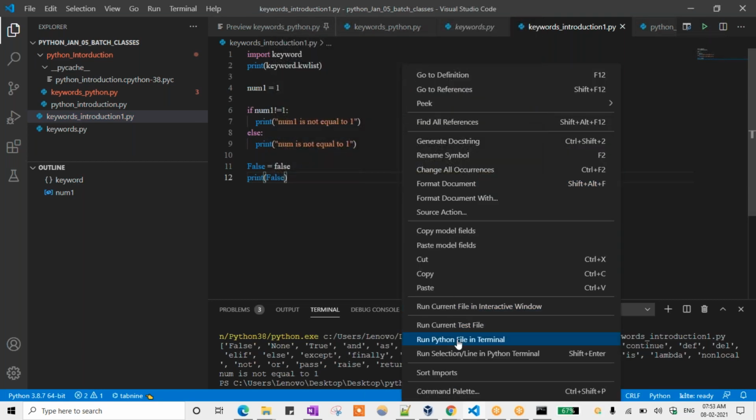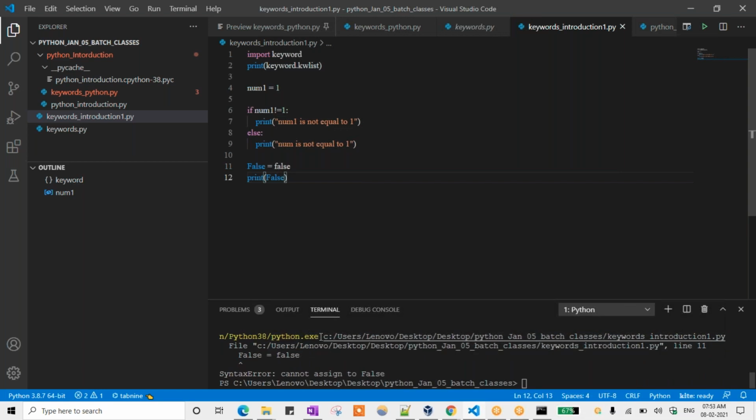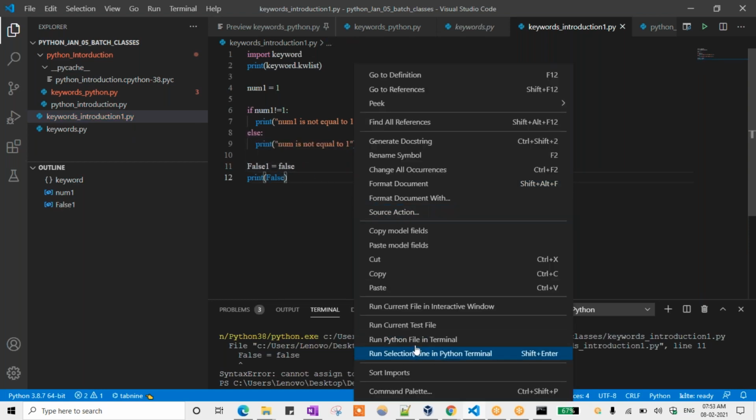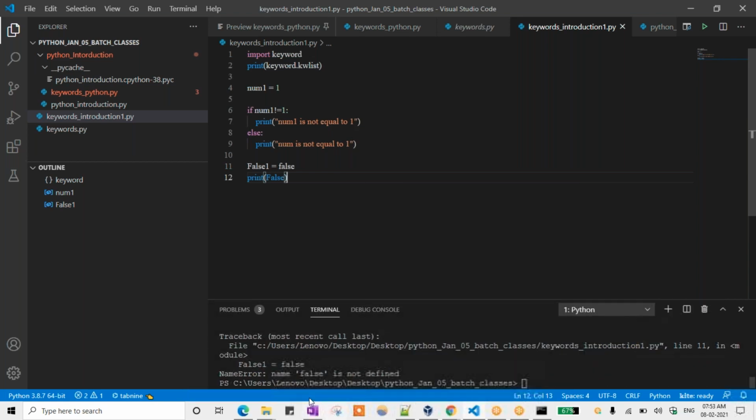And then explain what is. So see here, syntax error: can't assign to False. Again the same thing. This is the variable I'm taking. So that is the reason it is throwing the error. If I change even a single letter, it will work. So now we get the output.